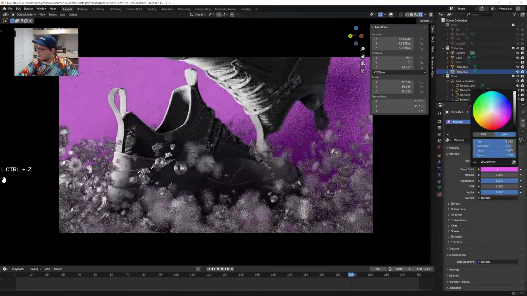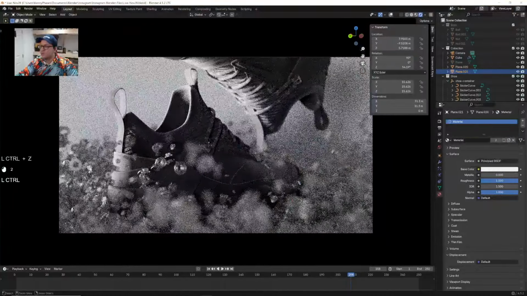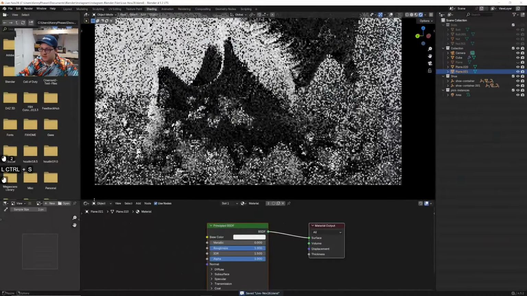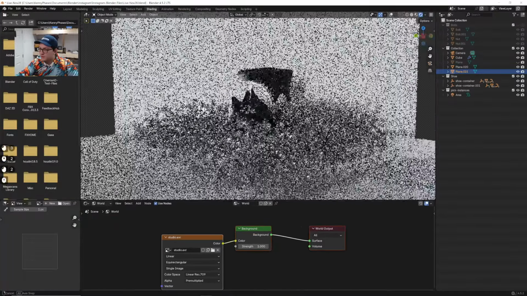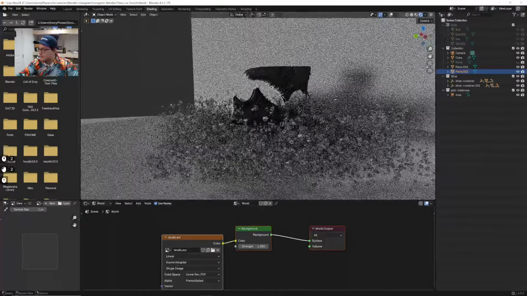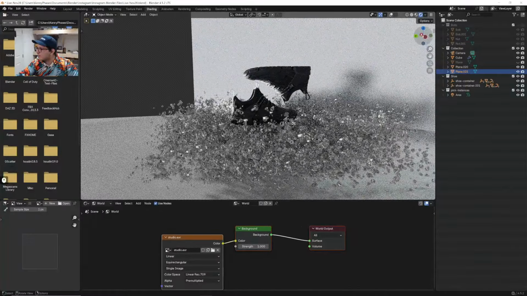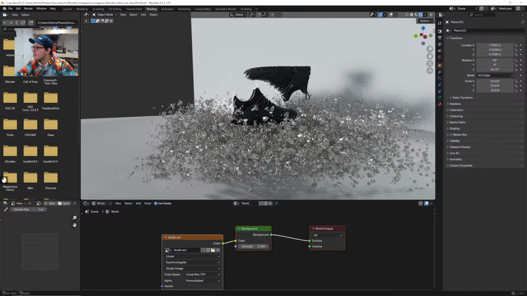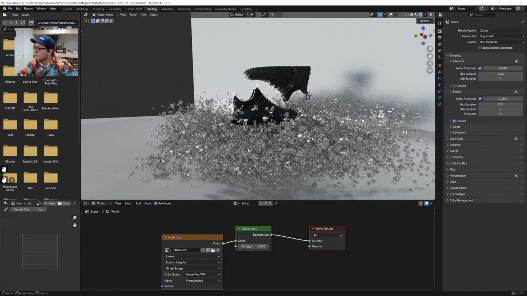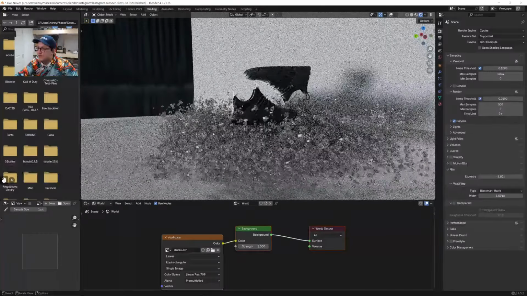And now what you can also do, let's get rid of the saturation. What you can also do is go over to your shading tab. Instead of object, you can click on world, right? And then right here we have our Studio EXR. You can't see it, but we can actually create... Where the heck is my properties panel? There we go. You can go here to film, turn your background back on,